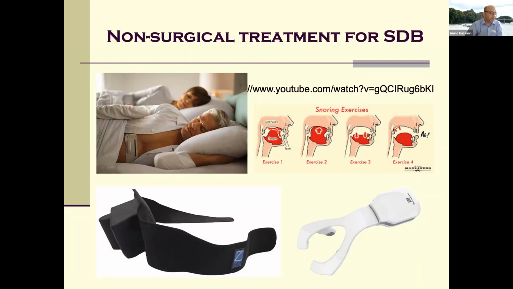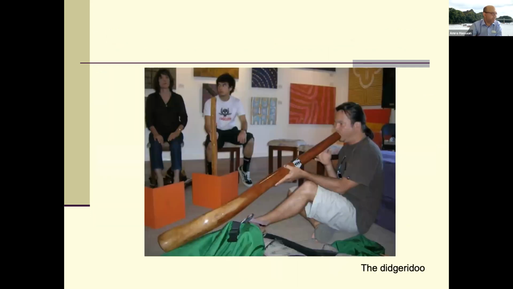What's going on at the moment is we're seeing what the long-term effects of this are. Does the effect carry on, or do you need to use it regularly? And if you need to use it regularly, how often do you need to use it? At the moment, we're looking at about twice a week in the long term. This is a didgeridoo, which made headlines in the BMJ for being something that treats snoring and obstructive sleep apnea at one point, many years ago. What it does is it strengthens your pharyngeal muscles.